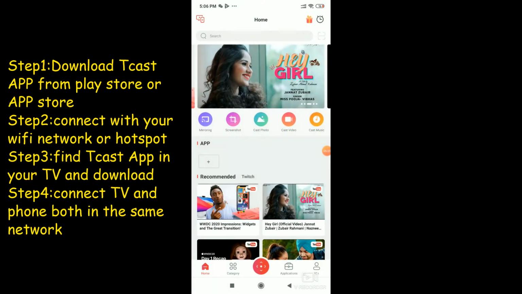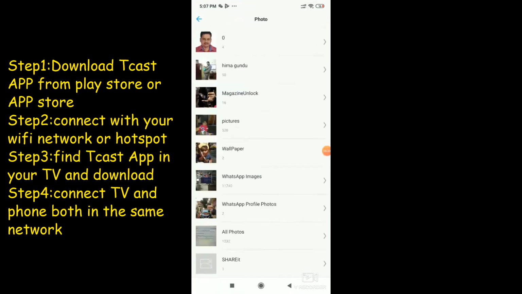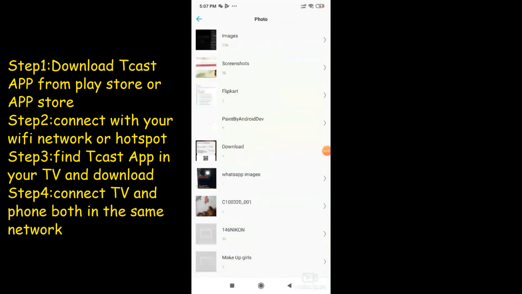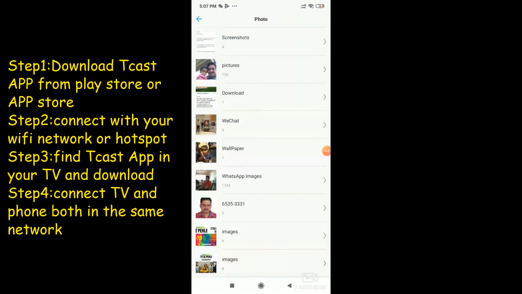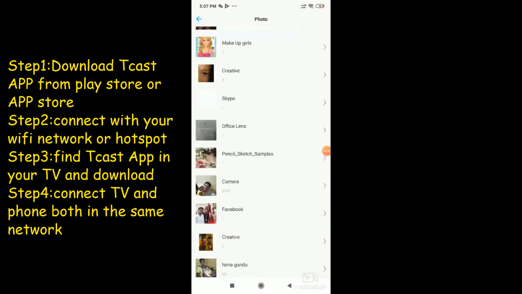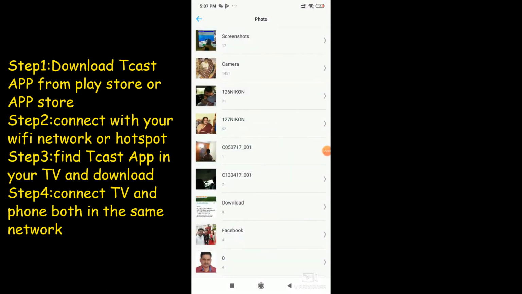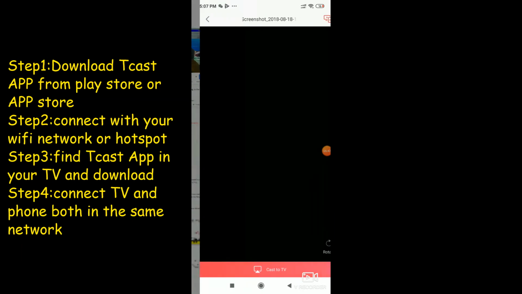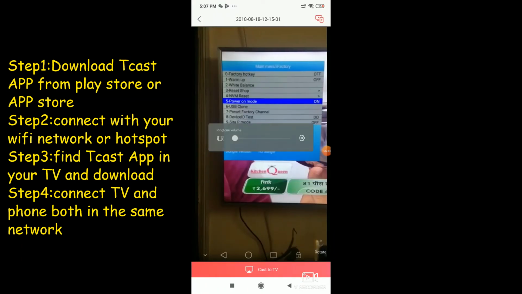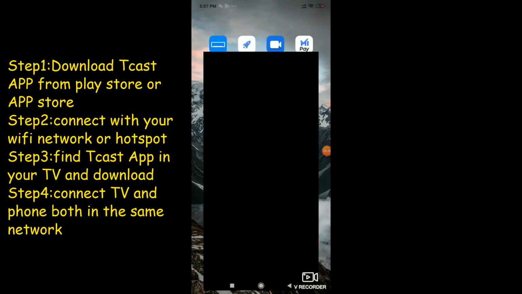Just click on cast photo and select which photo you need to show on the screen. Only that picture will show on the screen. Like this.